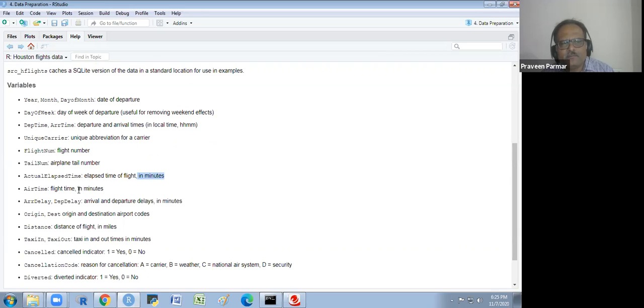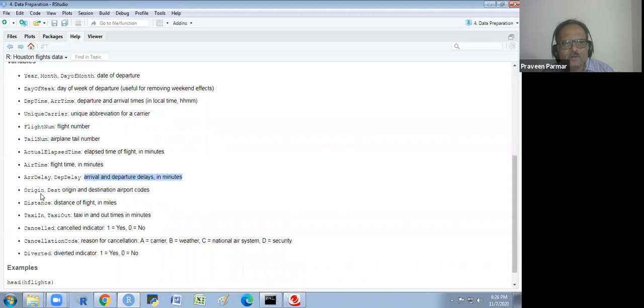Air time in minutes. Arrival delay and departure delay in minutes. Origin and destination airport codes. Distance of the flights in miles. Taxi in and taxi out times in minutes.